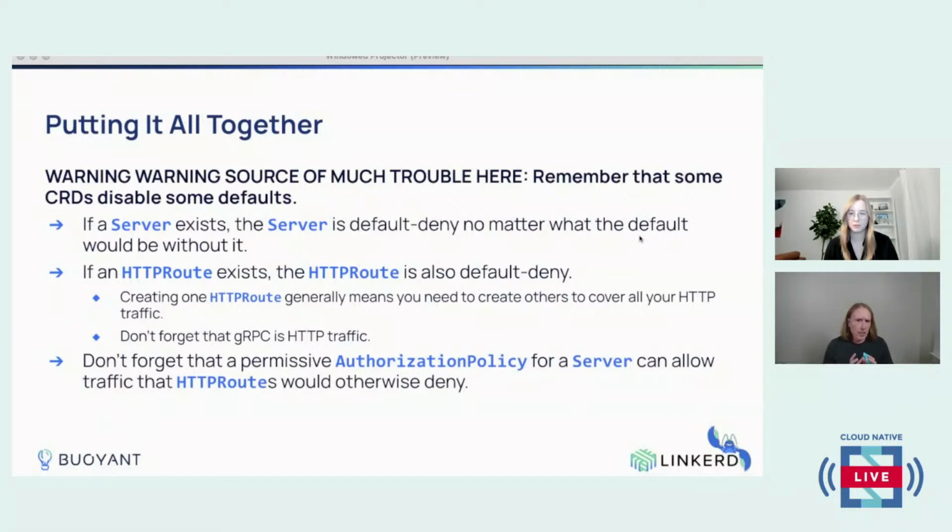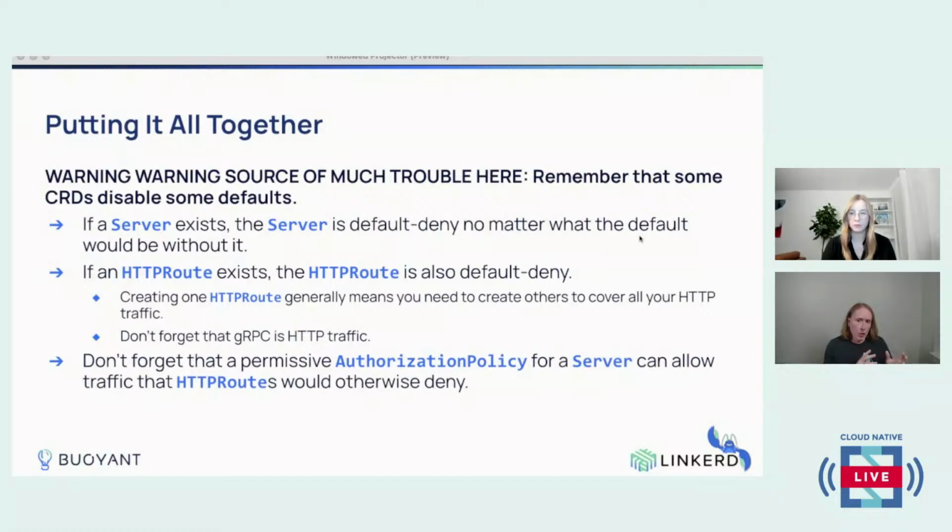There are places where it makes a lot of sense to mix workload auth with server authorization policies and route auth with HTTP route authorization policies. I tend to think that it's better to approach those things a little bit more separately, if that's a word.